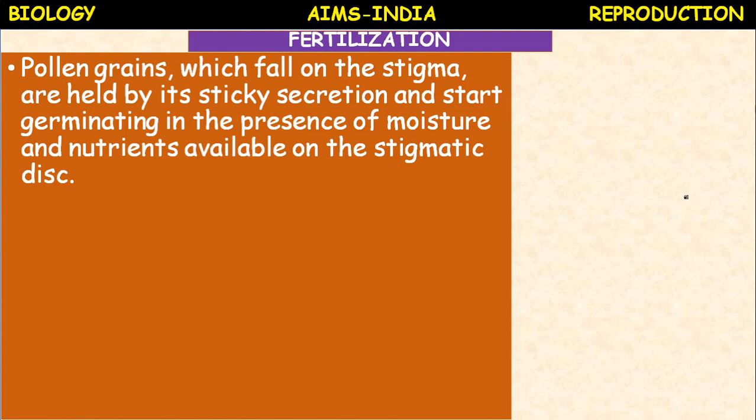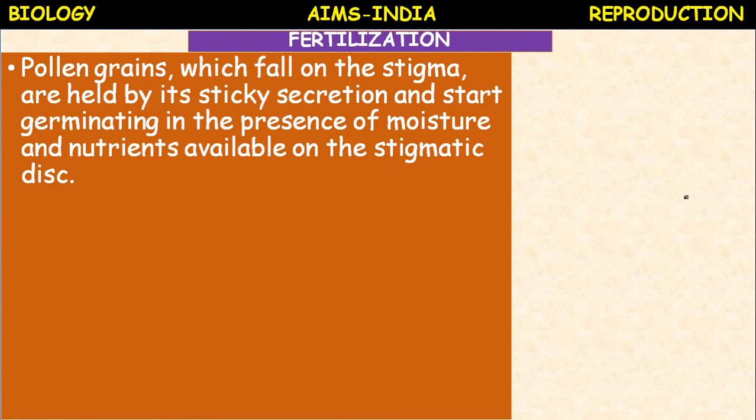What is pollination? The term pollination refers to the process of transfer of pollen grains from anther of the stamen to the receptive stigma of the carpel of the same or genetically different flowers of the same species. Simply you can remember, the process of transfer of pollen grains from anther to the stigma of the flower is called pollination. So it is of 2 types, self pollination and cross pollination.